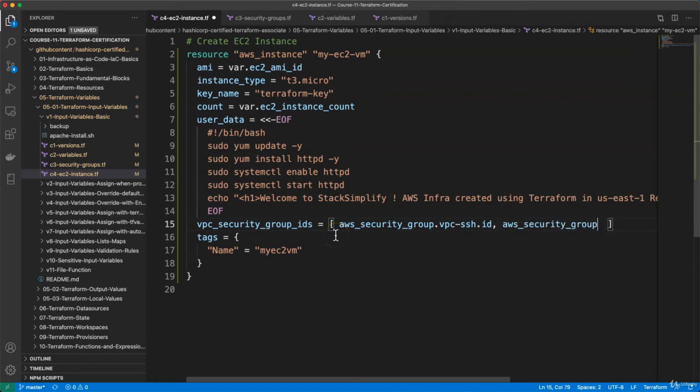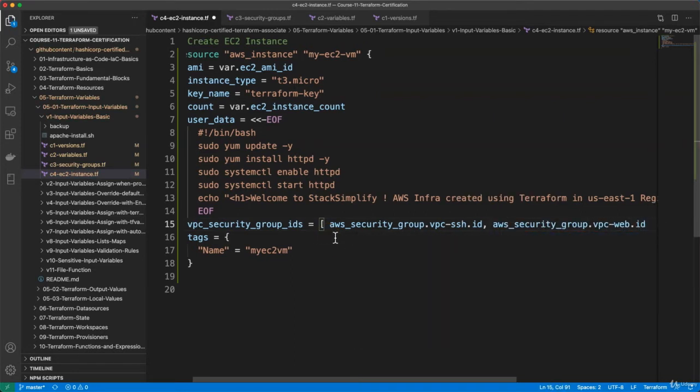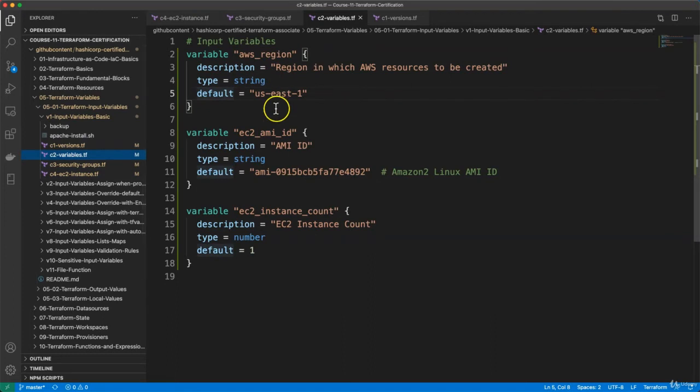In the same way, the second one is also vpc-web.id, right? So those are the two security groups we have referenced here. This completes the entire use case creation. Now we are going to see how it replaces the default values